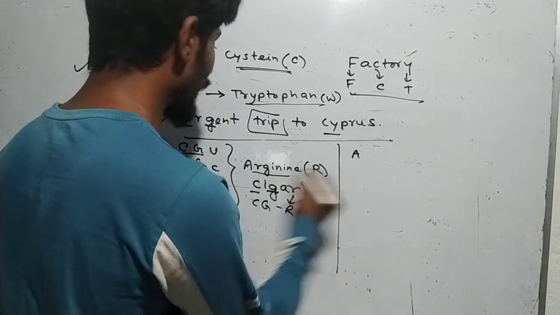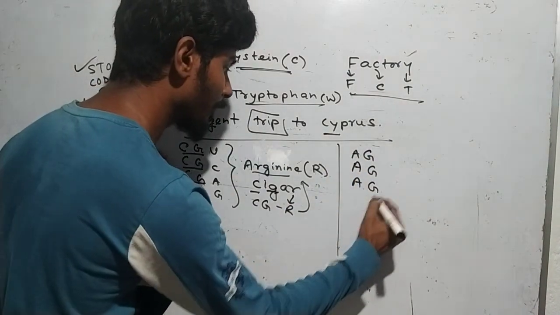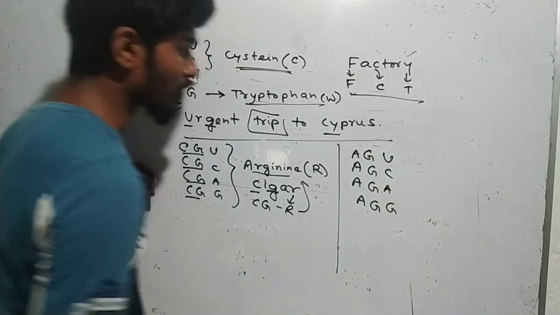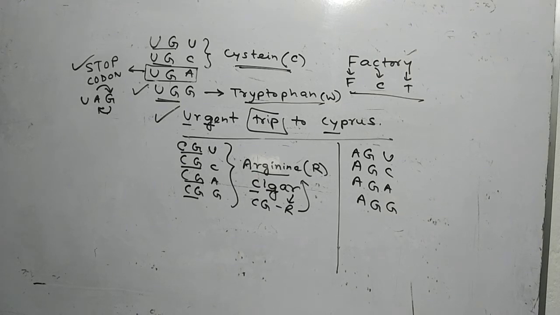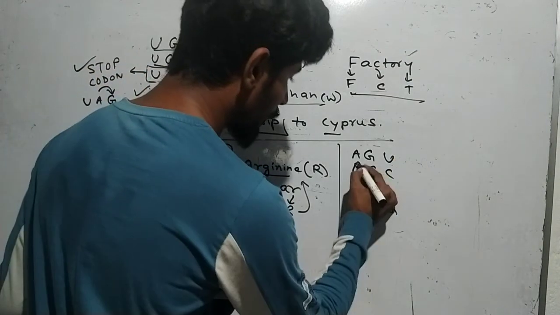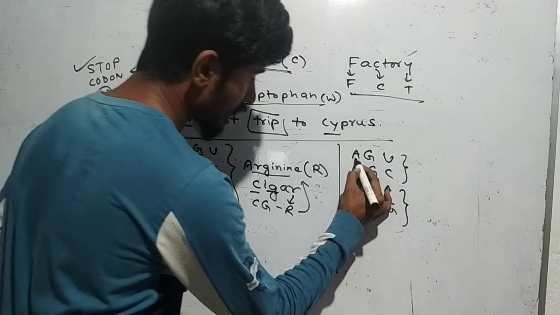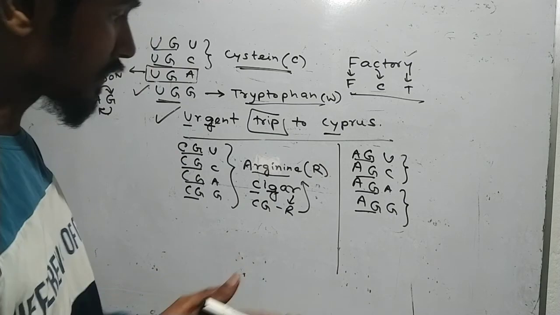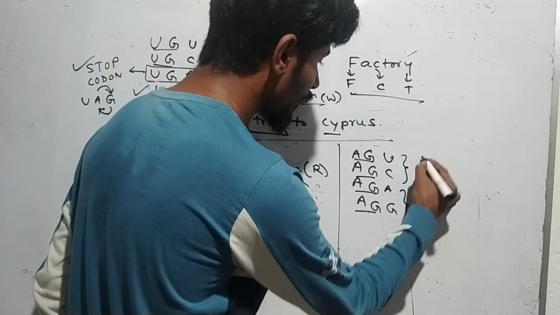Okay, after that, the room just below this room is of A, and the second letter is G as usual. Okay, so it is G, and then you have the U, C, A, G as usual. Now, what is the amino acid in this case? Let's see. To remember, we just have to remember two things. First of all, there is AG. Okay, so the first two letters of the triplet or the bases are A and G, and they encode for